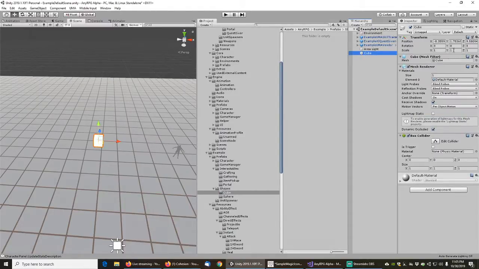And I want to make this cube 2 meters tall. And then we're going to rename this to, what do we want? I'm going to call this Trigger Portal Cube 2M. Sure, why not? And this Trigger Portal Cube 2M needs a box collider that's a trigger,